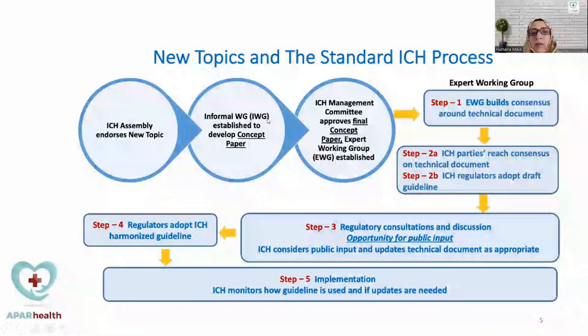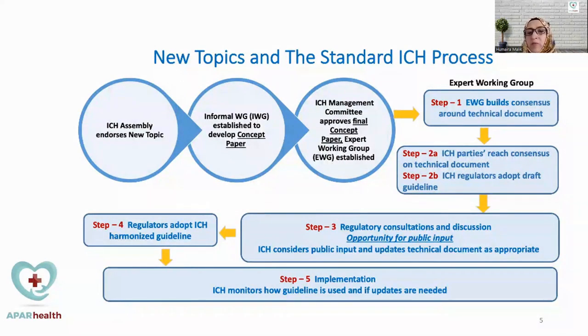Then an informal working group, we call it IWG, is established to develop the concept paper. They are responsible for the development of the concept paper, and then the ICH Management Committee approves the final concept paper. Once it is approved, the establishment of the expert working group happens, and the expert working group